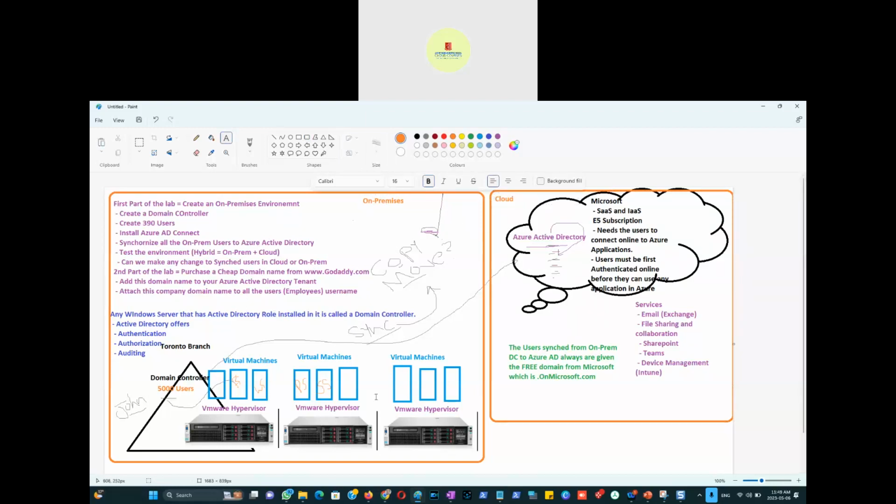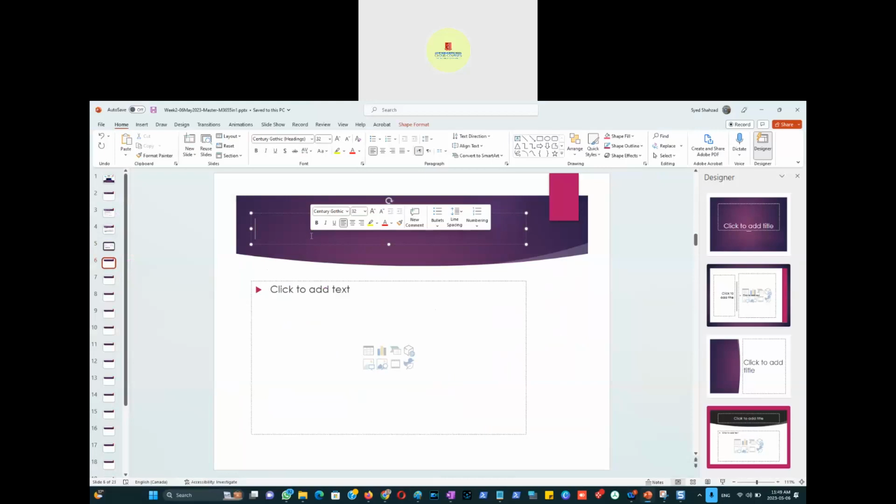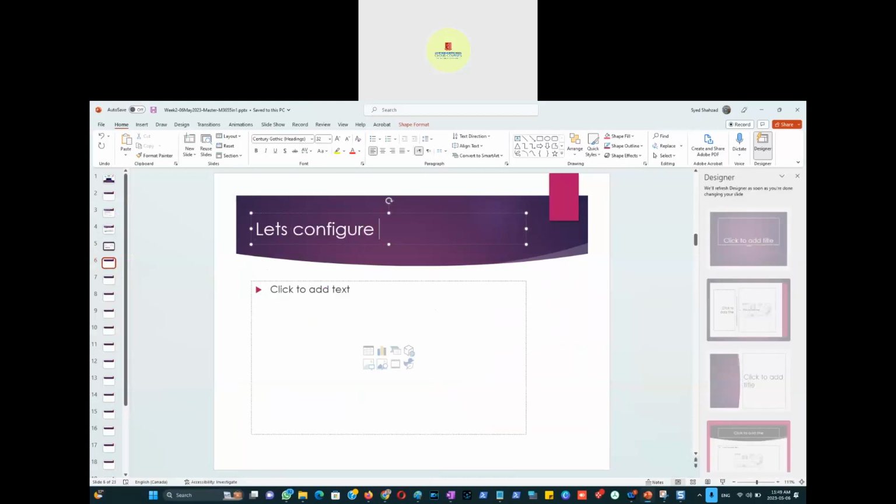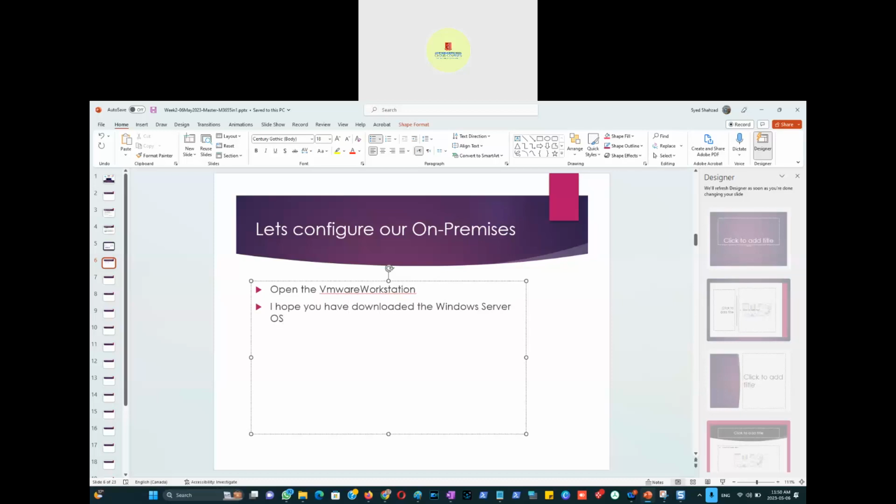All right, guys. So let's create this. What do we need? What are the ingredients? So labs. Let's configure our on-premises environment. What we need to do is open the VMware Workstation, and then I hope you have downloaded the Windows Server OS, either 2016, 2019, 2022,